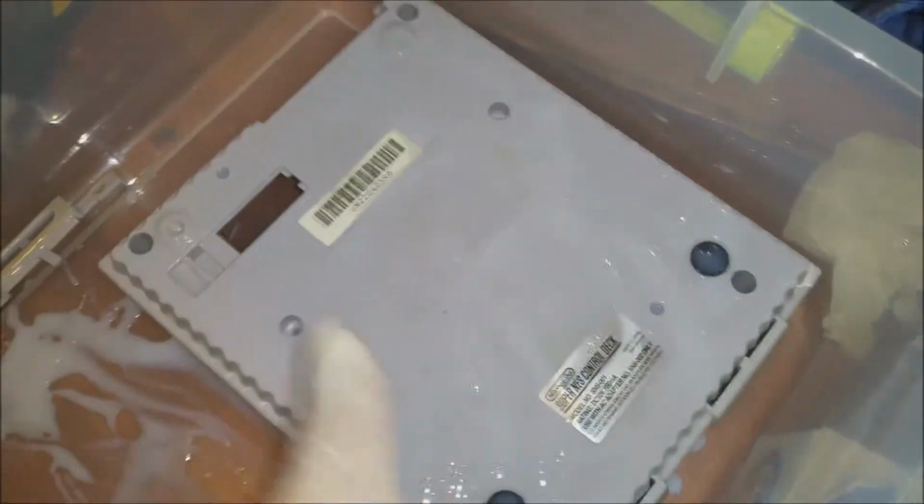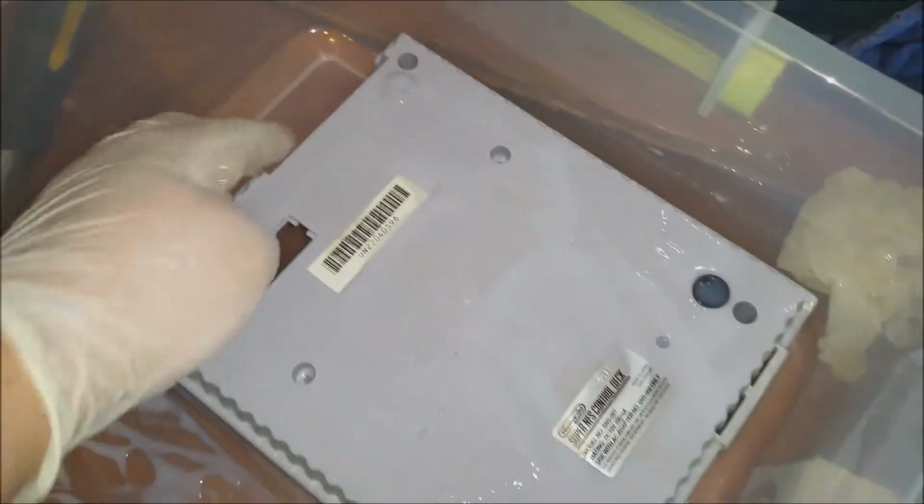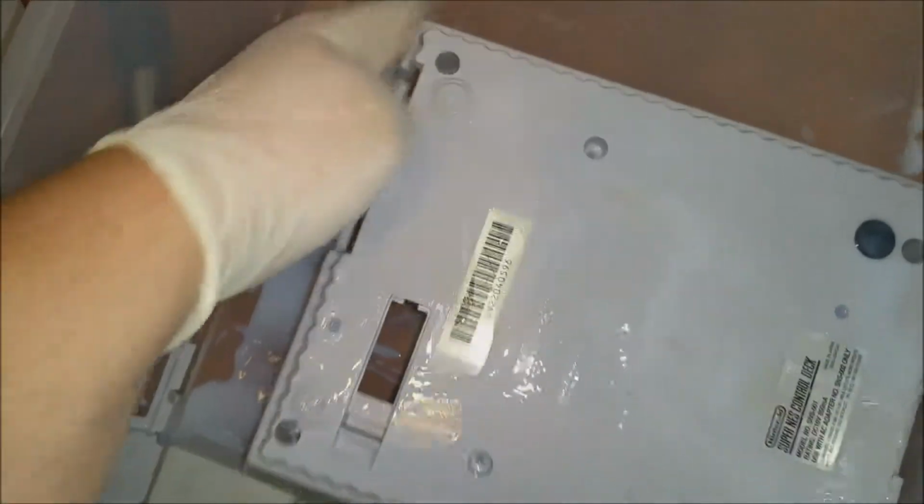Somebody told me that it worked. They tried the cartridge trick like me, and they talked to me. We exchanged a few emails, talked back and forth, and they said the first cartridge faded a little bit. The second cartridge, he ordered new labels for them anyway. He didn't care about that. He just wanted to have the game. I think he was a reseller, to tell the truth. I'm not going to call them out on there, but